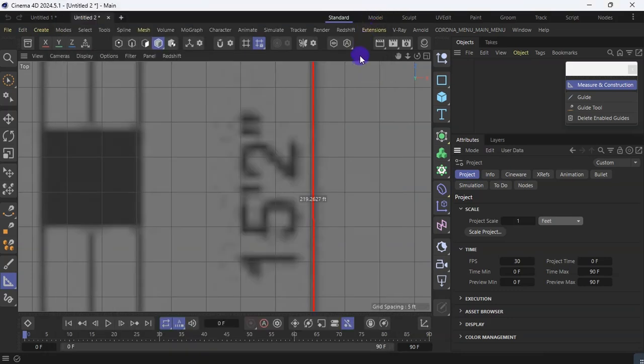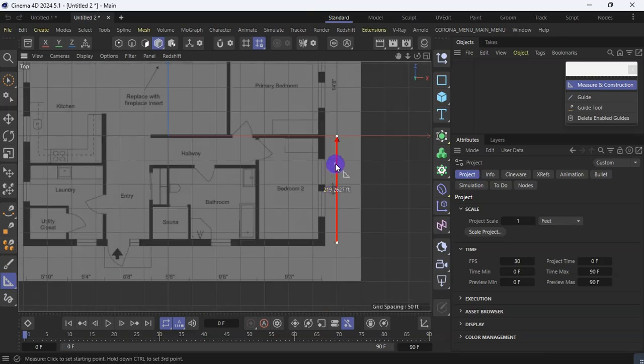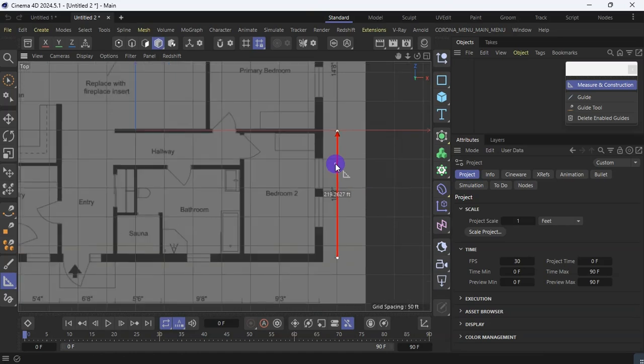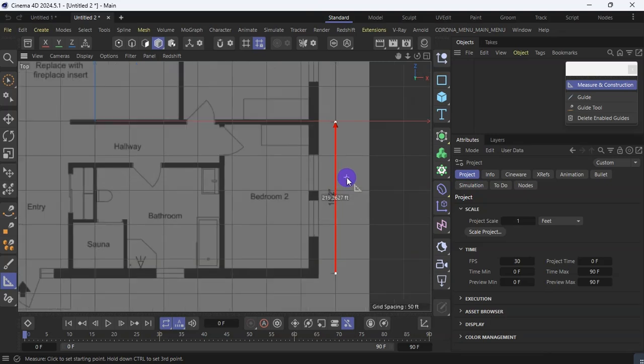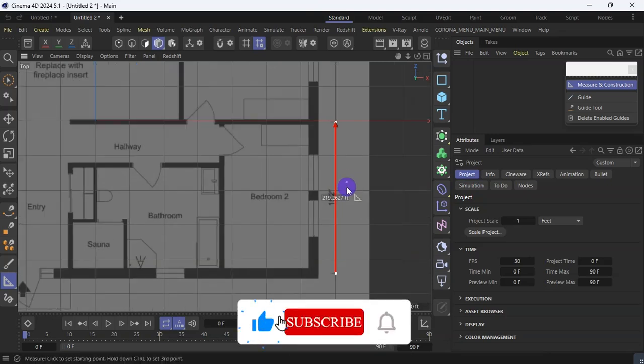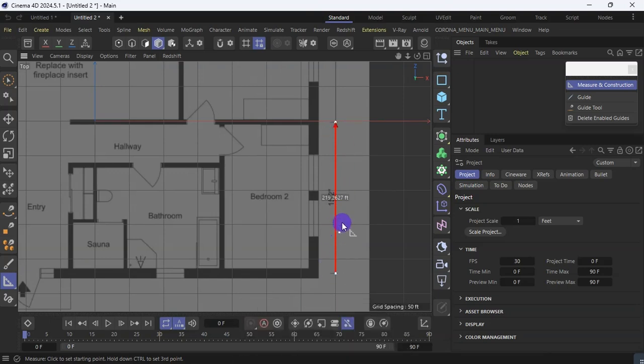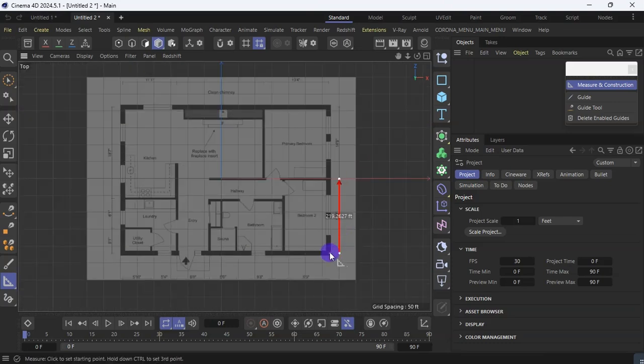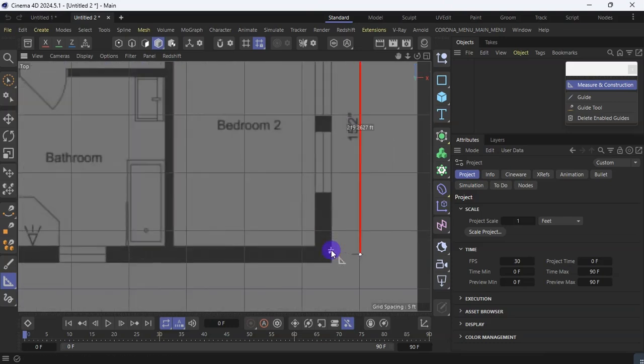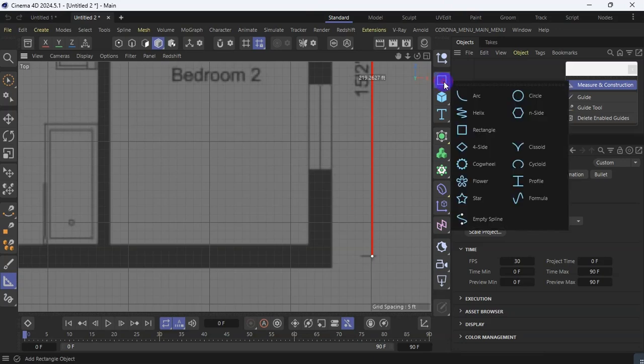So this one is working. So that is how to measure my building plan, so that when I start the modeling, I will know exactly where to begin. And for example, if I want to model this now, all I simply do is insert a cube,